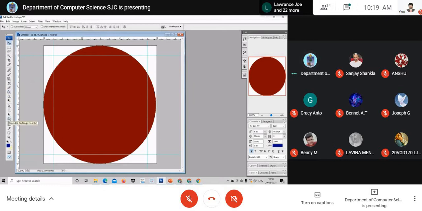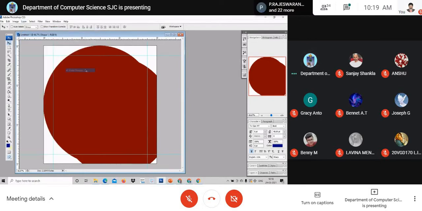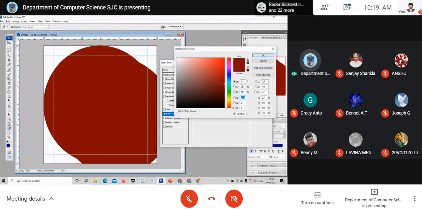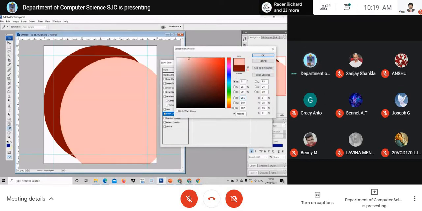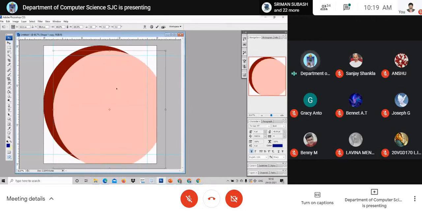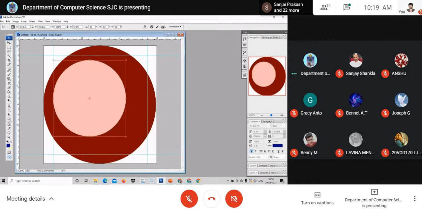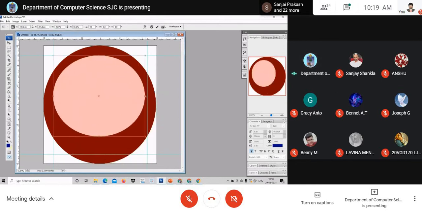Look at here. I shall take one more circle by pressing Alt. See, I have taken one more circle. I just want to go with some light color. Look at here, a light color, right? Okay, I have to fit this in here, put it here and put it this side.